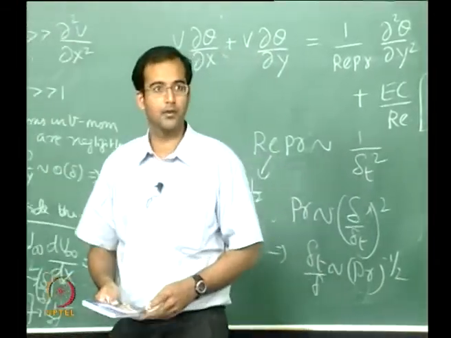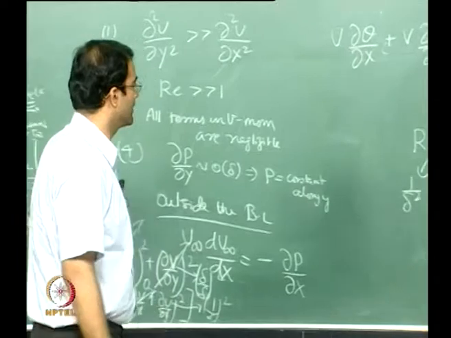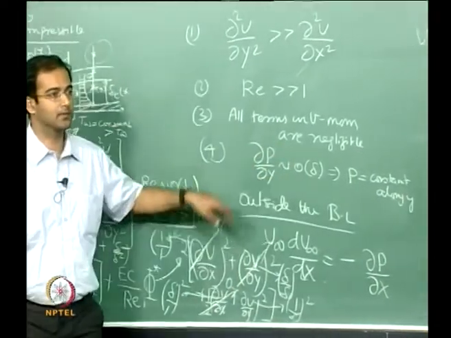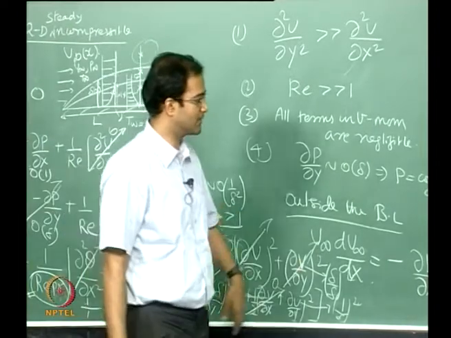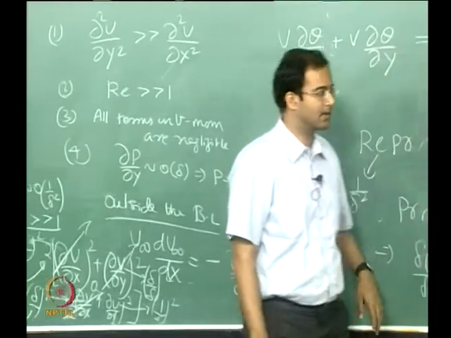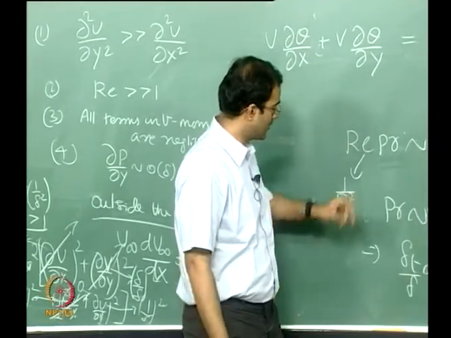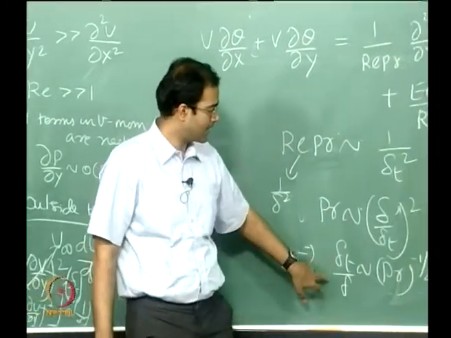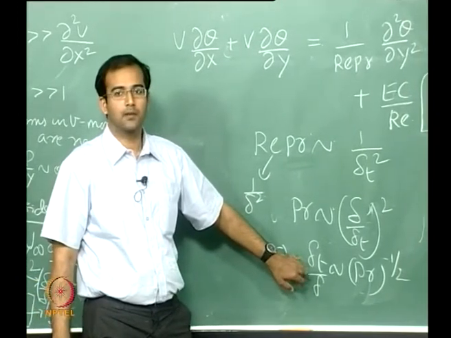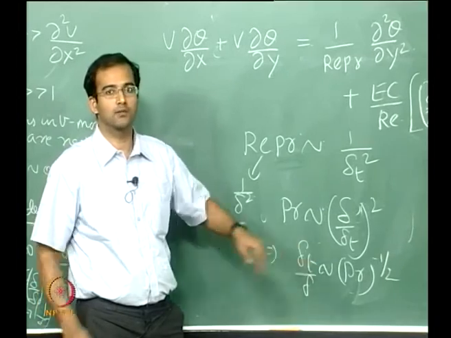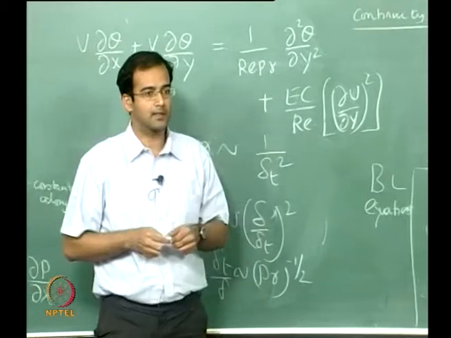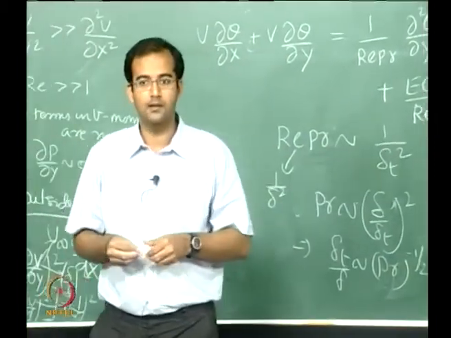Okay. So any questions? I think I had been a little fast in the end, but you can fill up the gaps, you have to just go and revise how we have introduced the order of magnitude and how we have skipped all the terms. The important conclusion now, you have a direct relationship between the ratio of your thermal and the momentum boundary layer thickness to the Prandtl number, and of course you have the order of magnitude of Reynolds number and the Eckert number. All right.